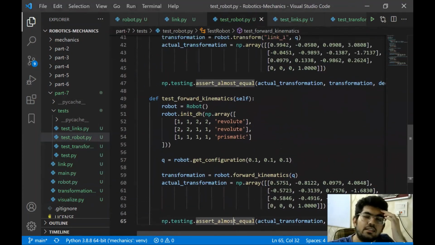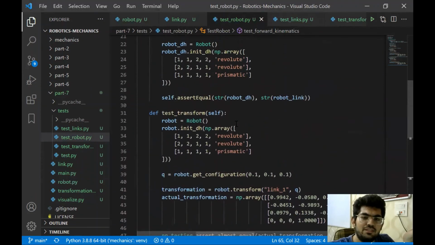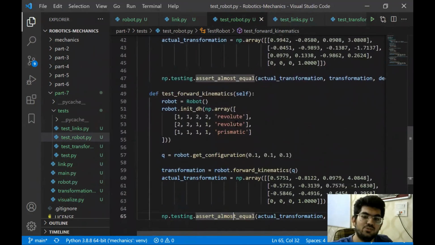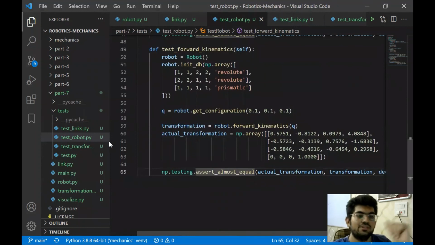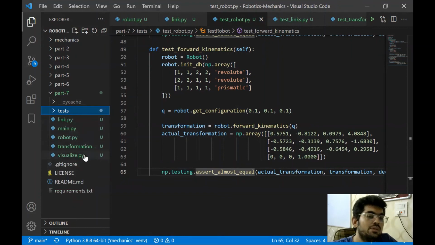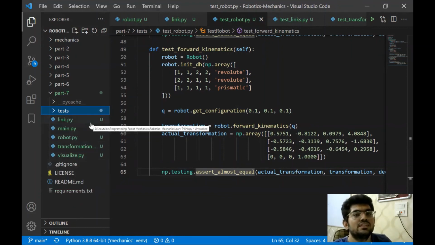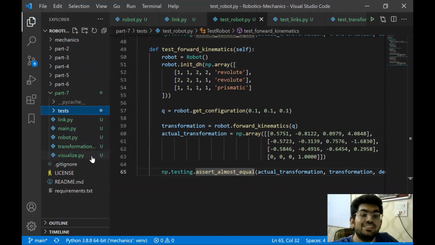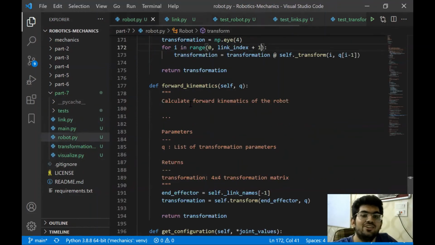Okay, so I think we are done with pretty much all the tests that are required for this robot library, robot module, whatever. And we categorize these in the test folder as well. We will be working on putting them in certain folders as well in the later videos. But first, in the next video, what we're going to do is visualize the robot frames, which is going to be really interesting to see how a robot is looking through its frames. We will not actually be looking at the body of the robot because that will be a little difficult to code, and I have not really looked into how to do it. We can do that, but let's see what we get in the next video.